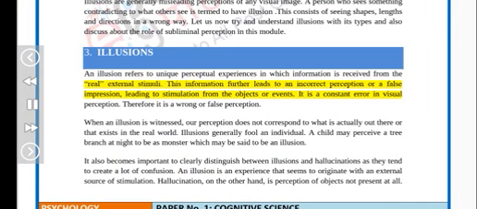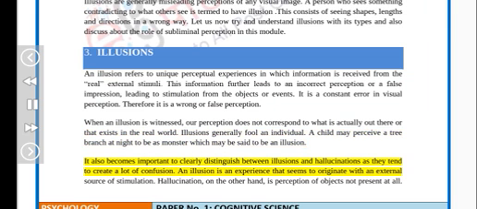stimuli. This information further leads to an incorrect perception or a false impression, leading to stimulation from the objects or events. It is a constant error in visual perception. Therefore, it is a wrong or false perception. When an illusion is witnessed, our perception does not correspond to what actually exists in the real world. Illusions generally fool an individual. A child may perceive a tree branch at night to be a monster, which may be said to be an